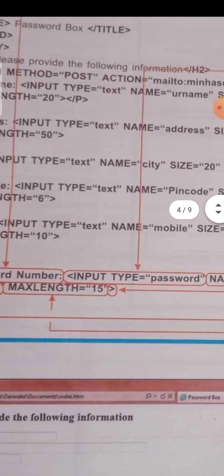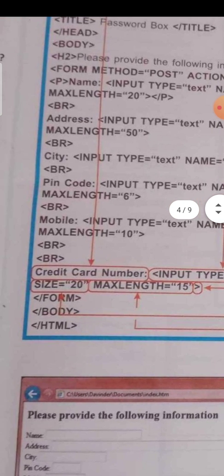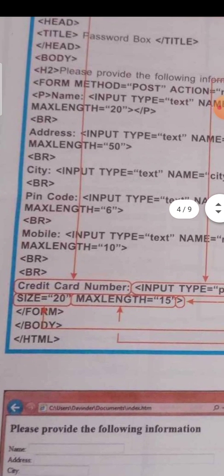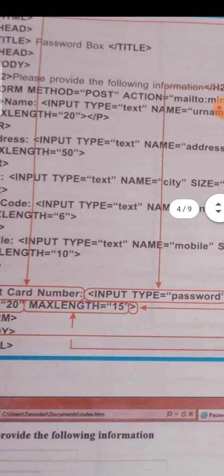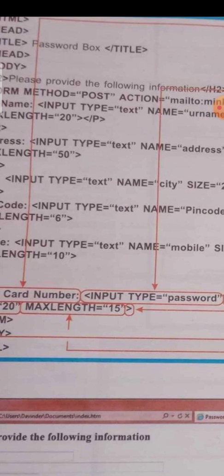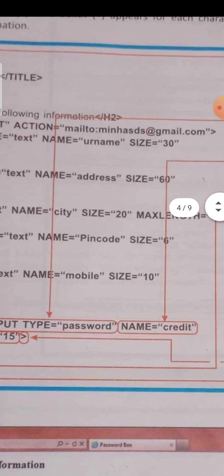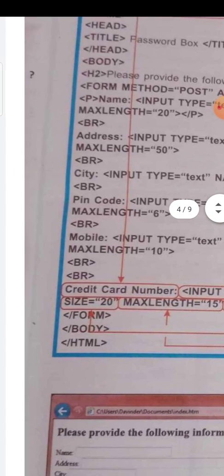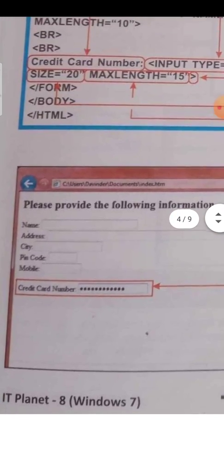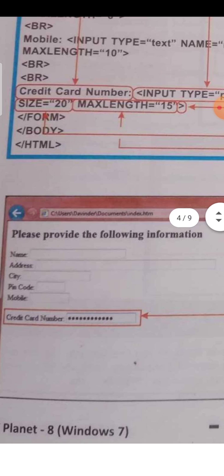The rest of the things are the same, as you can easily see when compared to the other. So input type is equal to text here, so we write input type is equal to password in place of input type is equal to text, and then size equal to 20 and maximum length is equal to 15. So this is the information, and after the execution of that program, the output looks like this.